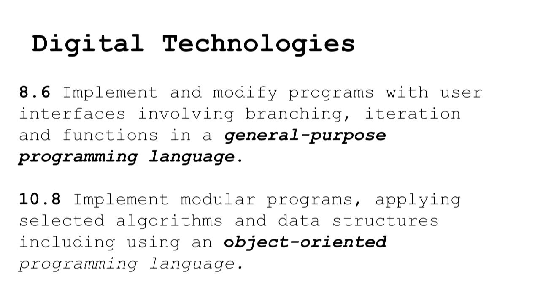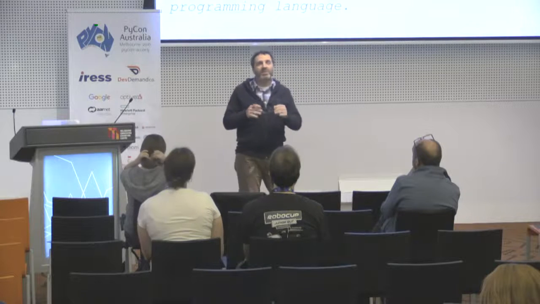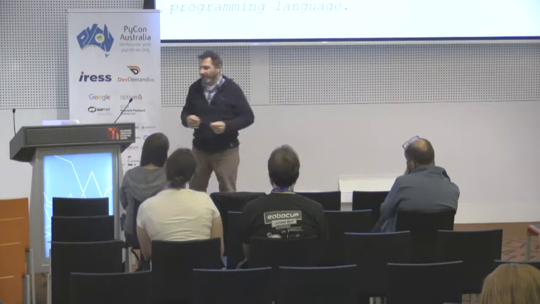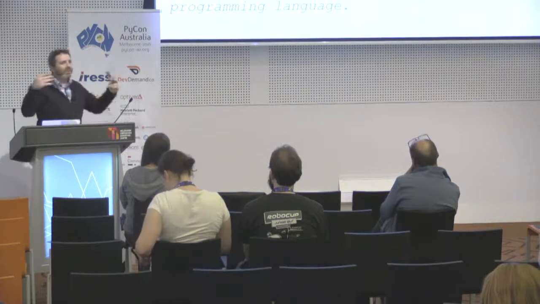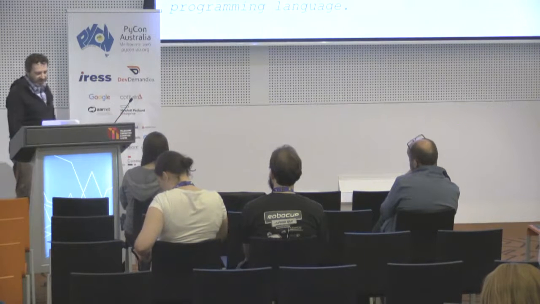Yeah, good. Okay. Then, of course, after the ICT, we evolved, this came out. And the thing that interested us the most was 8.6 and 10.8, which is you've got to start programming by grade 8, and you've got to do some object-oriented stuff by grade 10. And so that's what we've tried to do. So last year was the first time we used Python in grade 8. We've been doing Python in grade 10 for about 5 years now. And I'm just going to go through what we did, what we've taken out, what we put back in and then took out again over those years.